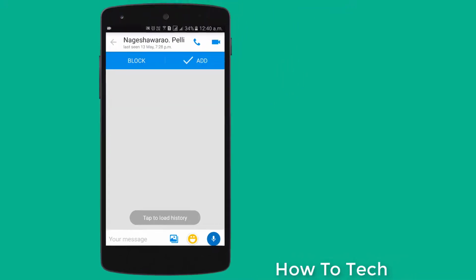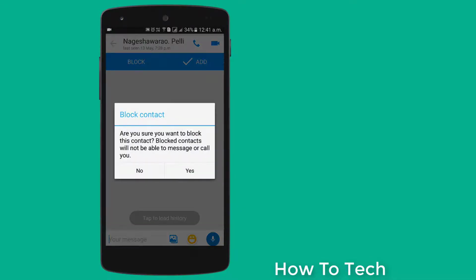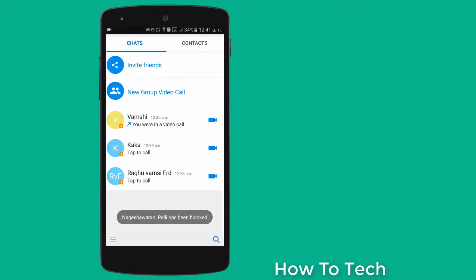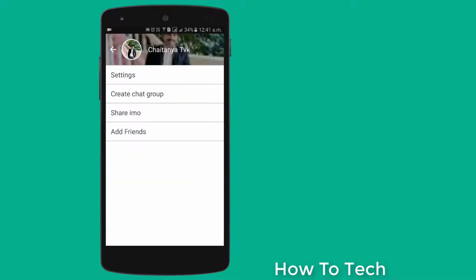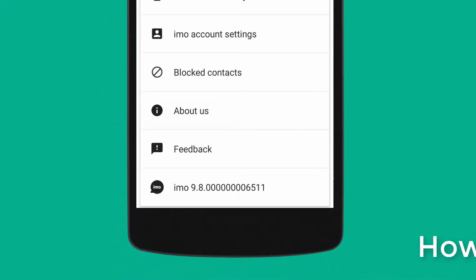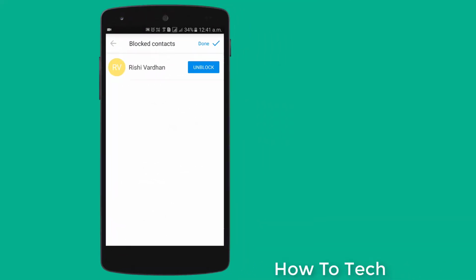and your contact will be deleted from the IMO database, but it's still present in your mobile. So just click on block option and go back. If you want to unblock, just click on setting options of IMO and click on contacted blocked